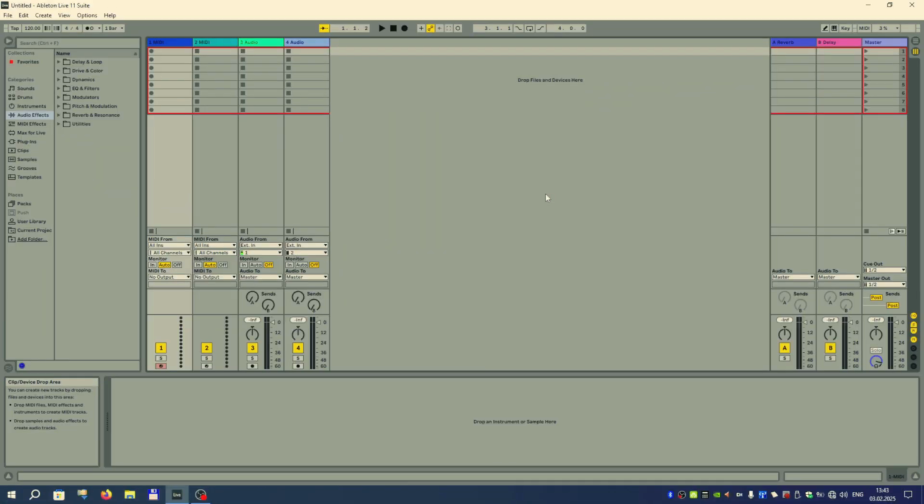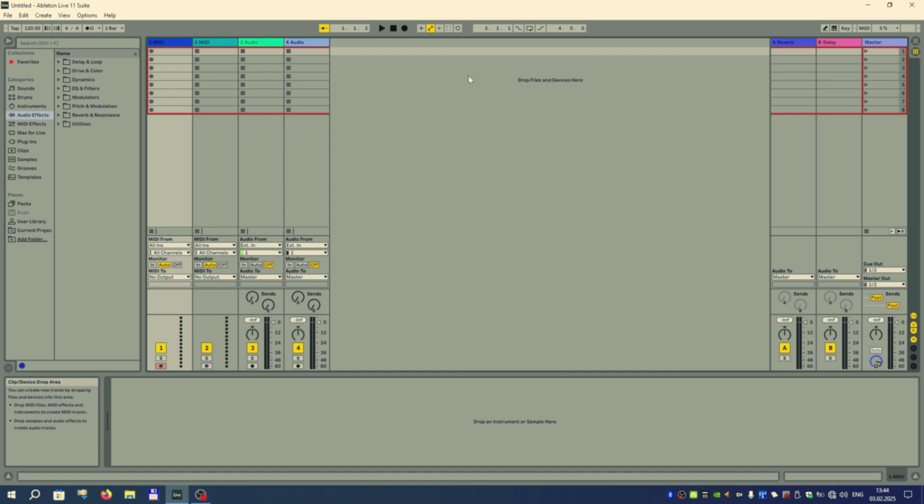Session View is the reason why there are memes comparing producing in Ableton Live with making music in Excel. And they really look very much alike, but actually the idea behind this view is quite close to FL Studio workflow. To make a song, you'd be using small audio clips and put them into these slots. And each horizontal line is called a scene, and you can play as many clips from one scene as you like, or if you want to play them all, you can play just a scene instead. However, only one clip can be played from one track at the same time.